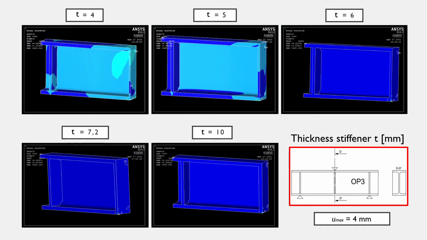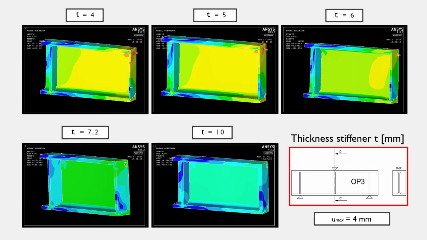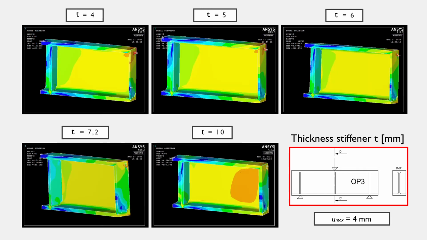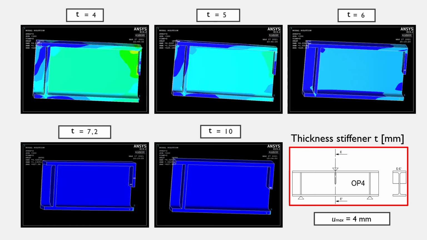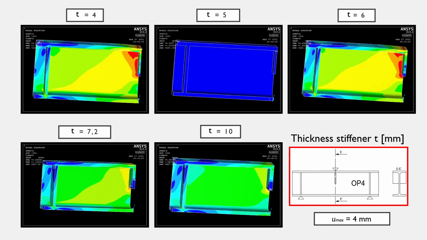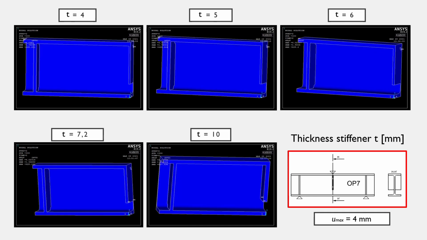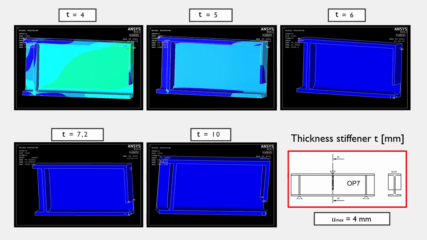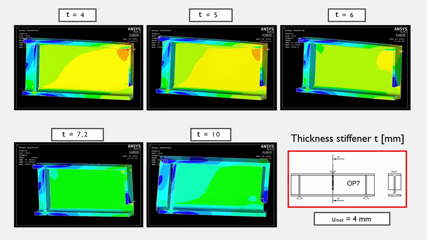Here you can see the von Mises animations for thickness 4, 5, 6, 7.2 and 10 millimeters for option 3 with a deformation of maximum 4 millimeters. Here again the von Mises animations for option 4 with the deformation of maximum 4 millimeters for the 5 thicknesses of the middle stiffener. And here again the same von Mises animations for the 5 thicknesses for option 7 and a deformation of maximum